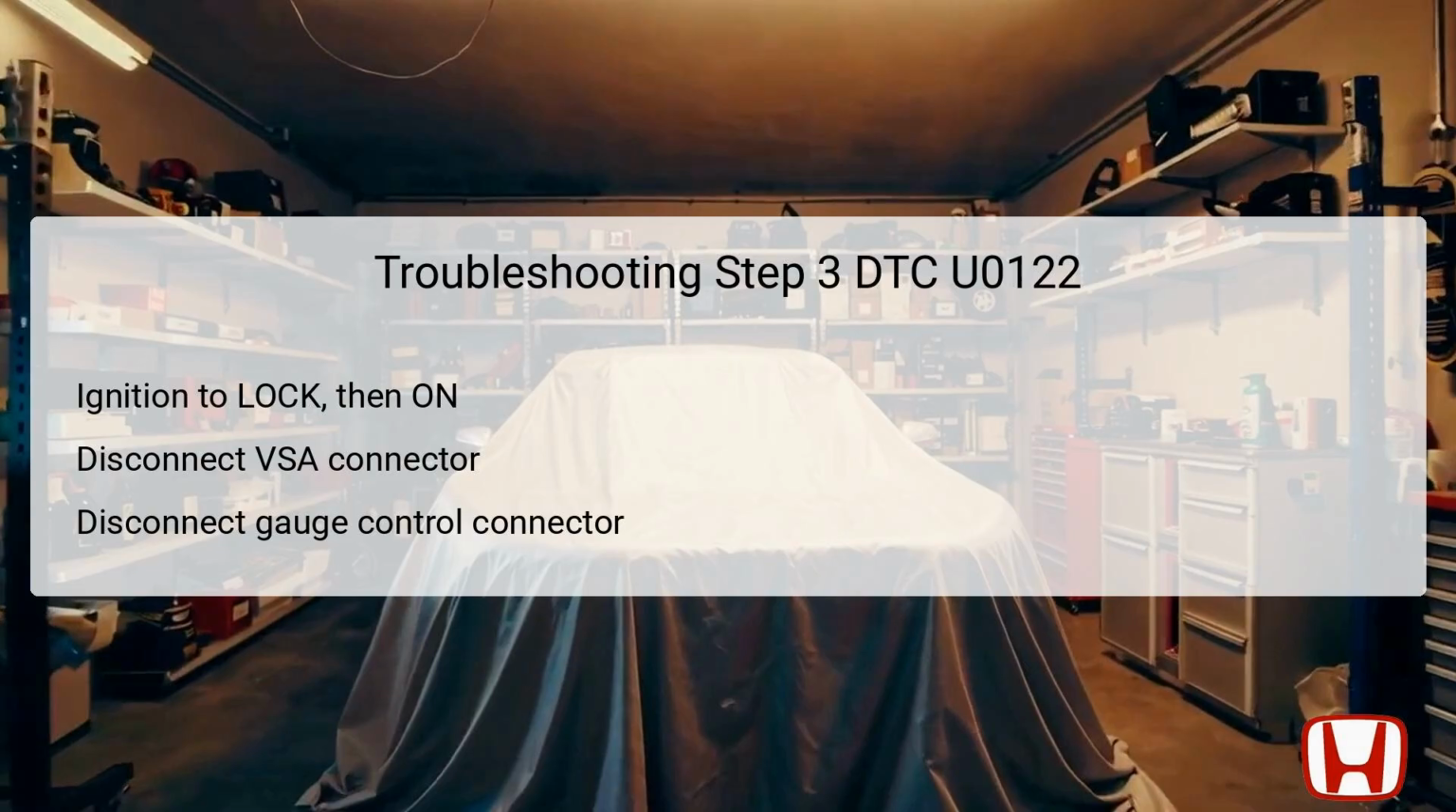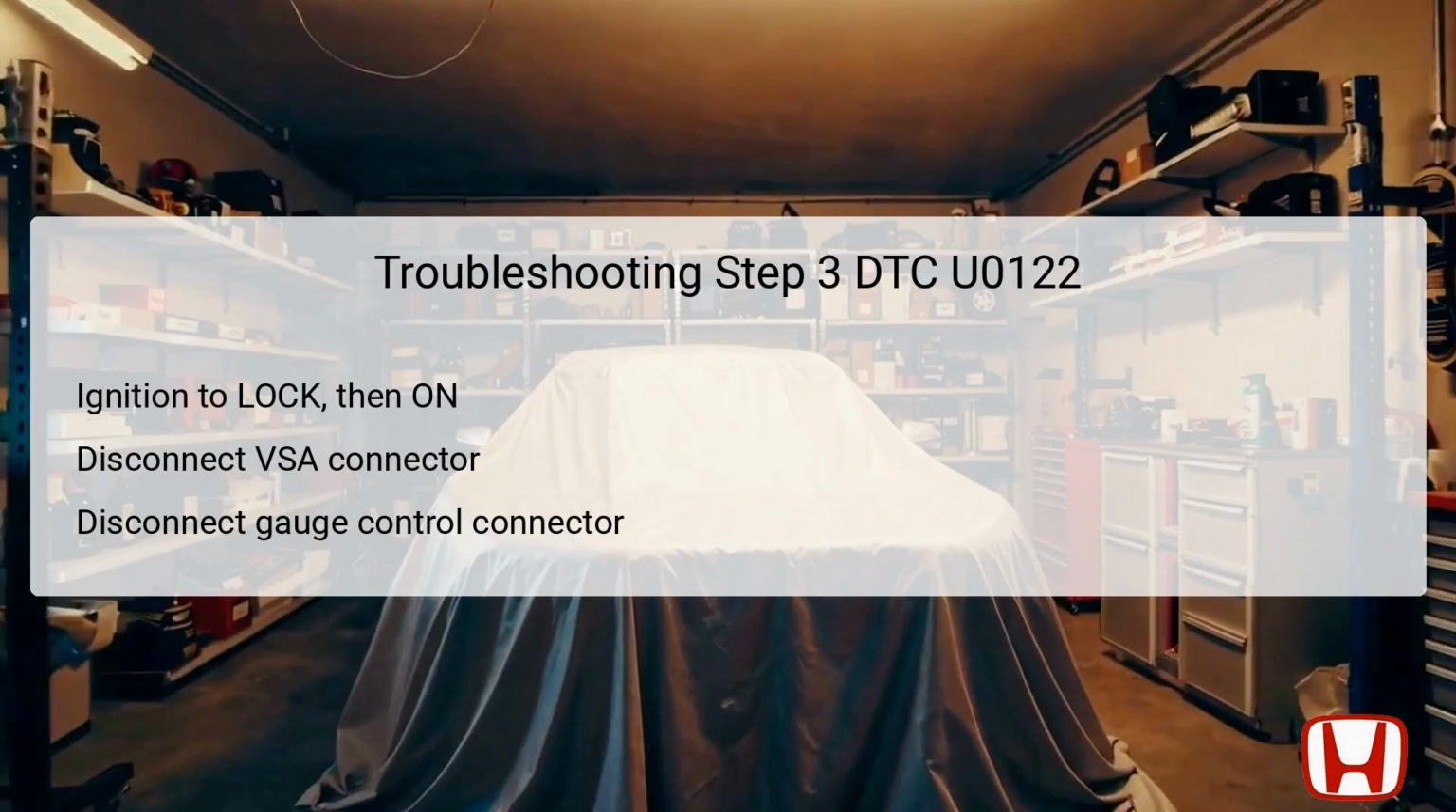Upon reactivation, both the VSA Modulator-Control Unit 36P connector and the Gauge Control Module 32P connector should be disconnected. Disconnecting these connectors allows for a detailed inspection and testing of the wiring and terminals involved in the communication between these two critical components. Properly managing these connectors is paramount. They contain numerous terminals that are essential for signal delivery. Ensuring that the ignition is off during this process prevents any short circuits or accidental data transmission while the technician